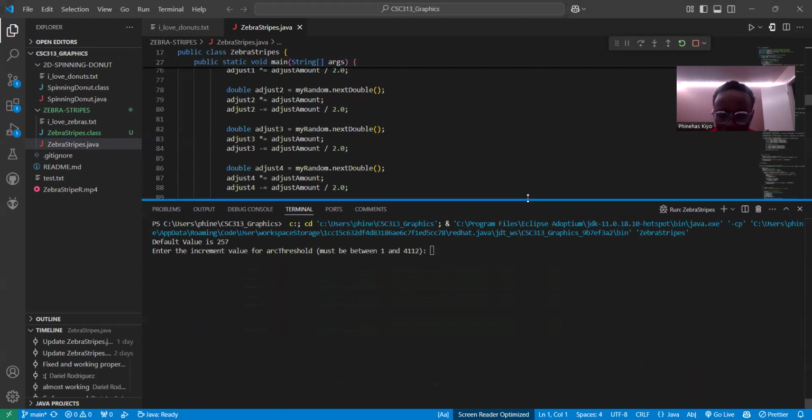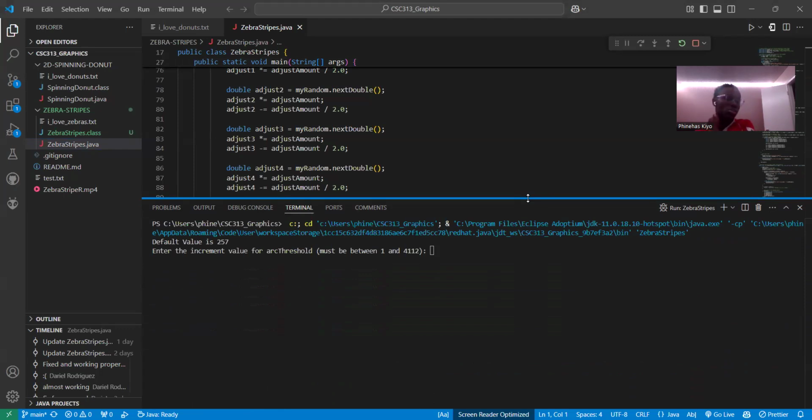We adjusted our file to have the user also input how many images they want to save, or after how many arcs they want to save an image. We put the default value at 257 because that's the amount of arcs per zebra stripe. If I wanted to produce more images, I would put in a lower threshold, and